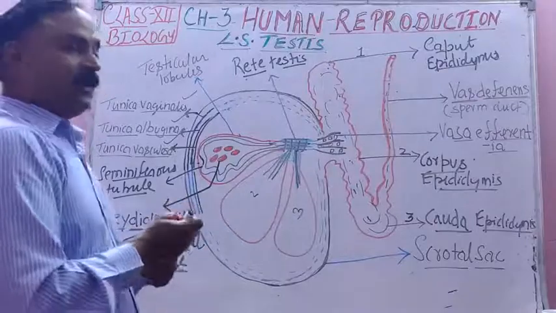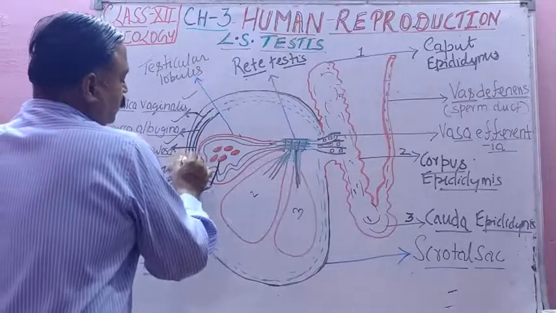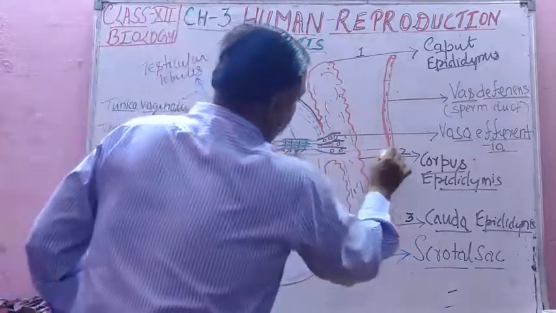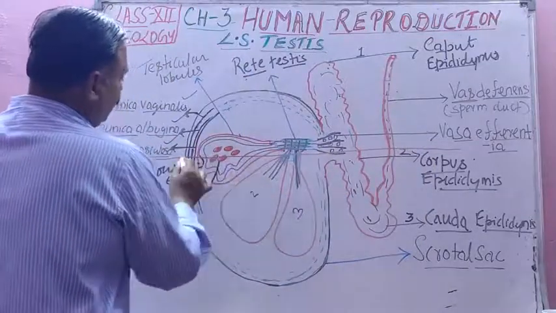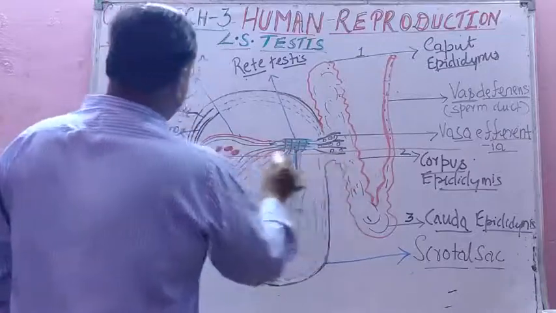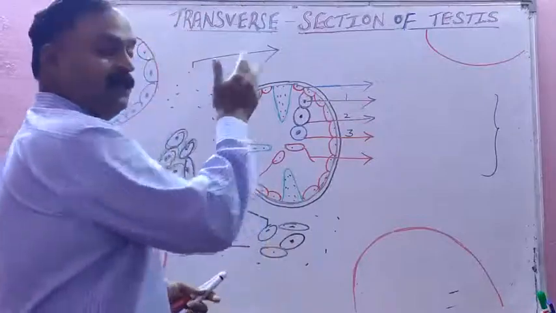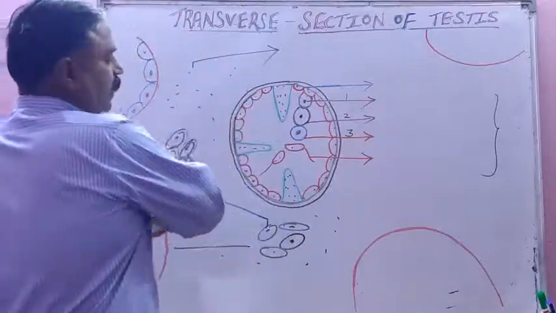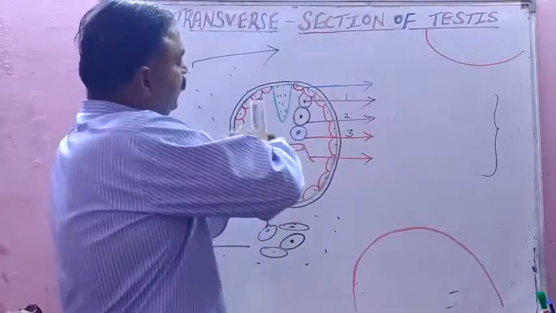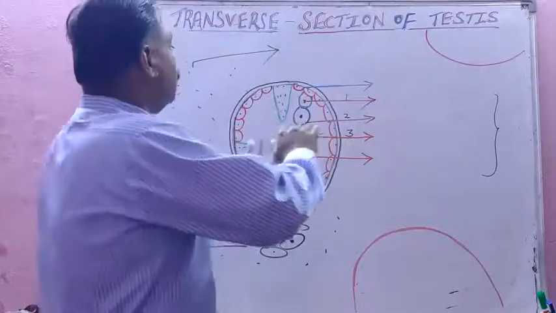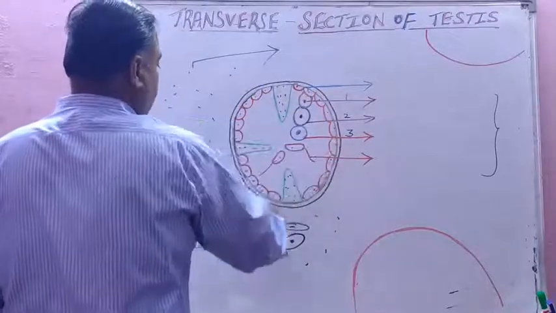Now the next part will be TS of testis. Remember, TS means transverse section. One section will pass from here and then we will observe what will come in the section. You will see seminiferous tubules, Leydig cells, all this will come in the section. Now we are on the same structure, testis, but this is TS, transverse section. That was the longitudinal section of testis, but when we take TS, remember the testicular lobules. In that, these are the seminiferous tubules.